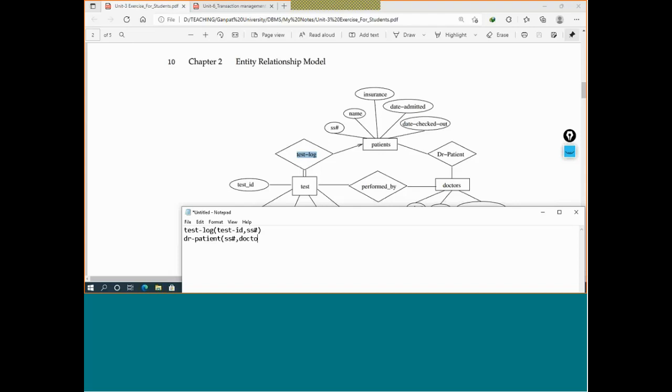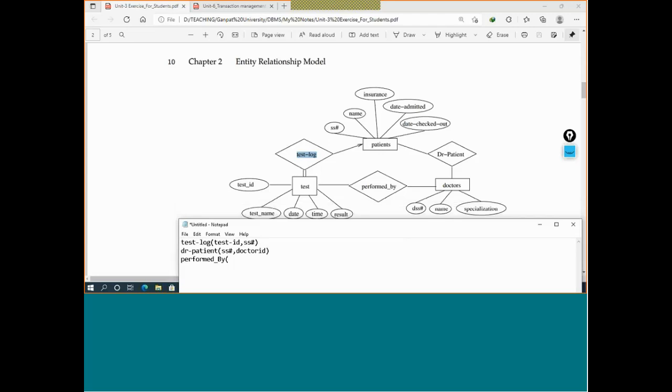So this is the thing I will add. Third, performed by. So again we require test ID and SS number, test ID, and doctor number. That is the doctor number.